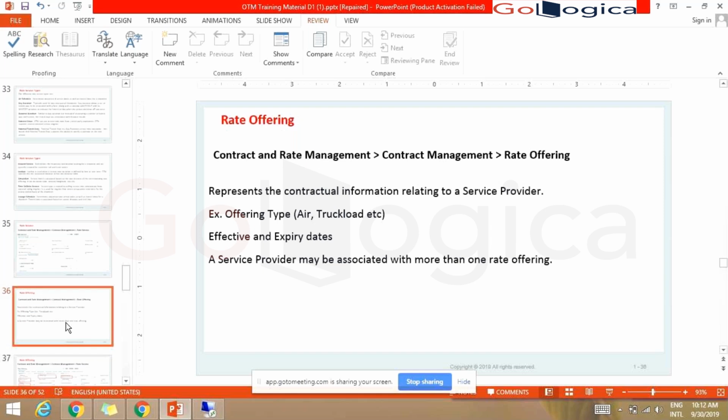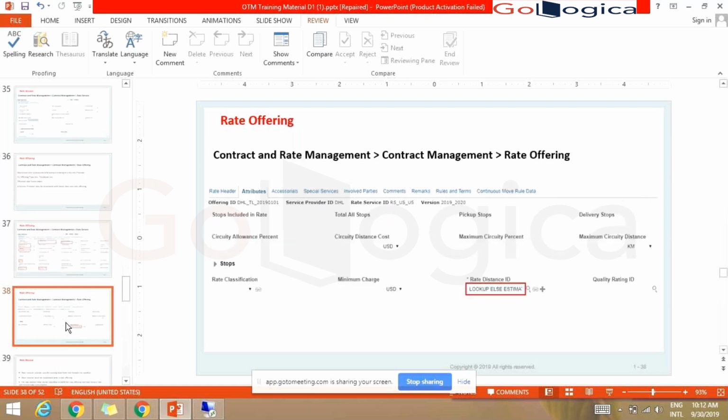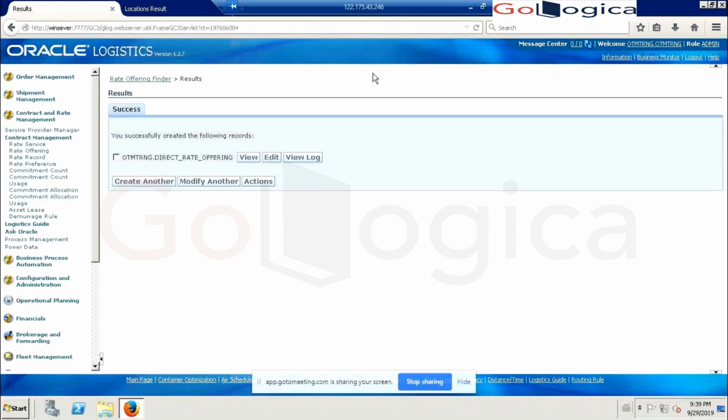This PPT also will not have all the information. It will have the information we generally use in real time when we create the data. It will not have the details of all tabs and all the options available on the screen, because everything is not used every time. It all depends on the business. Okay, we'll continue from rate record tomorrow. If you go through it and have any doubts, we'll discuss it tomorrow.